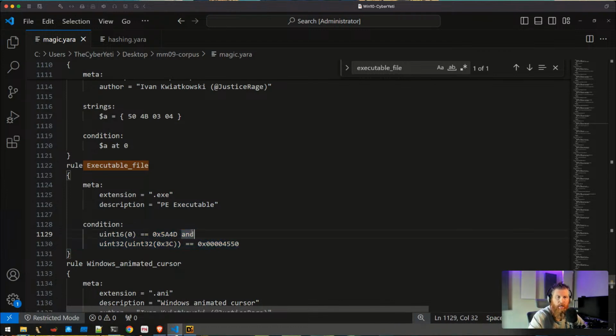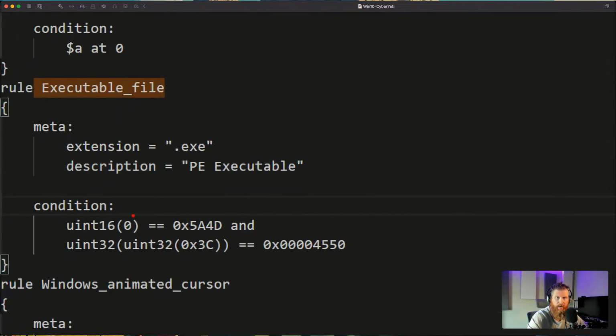One word of caution here is you'll notice, for example, a rule like this, and I'm not entirely sure how file works, but let's say that you have a PE file, but it comes from a memory dump. So maybe the PE file isn't at the beginning of that memory dump, or maybe you have a PCAP, and the PCAP might contain content that you're searching for.